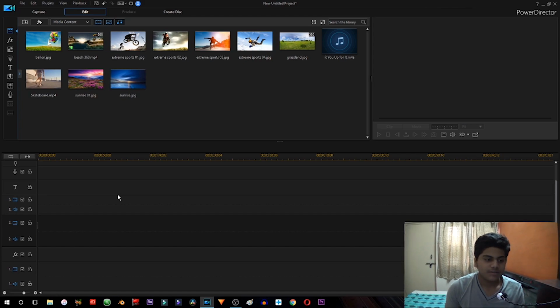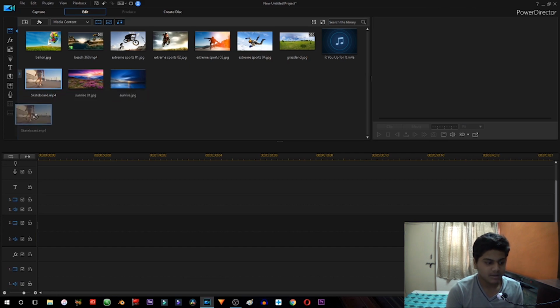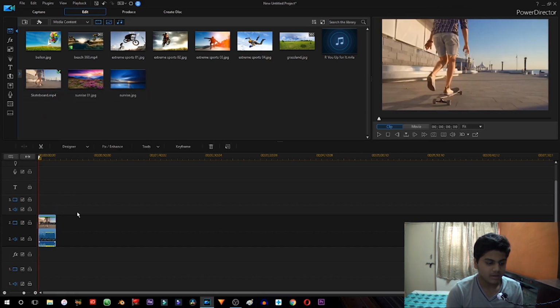So guys, the first thing we need to do is drag the files into the timeline. That is very important, because without importing the files into the timeline, you literally can't do anything. I'm using the default clips that PowerDirector has given, so just drag it into the timeline.